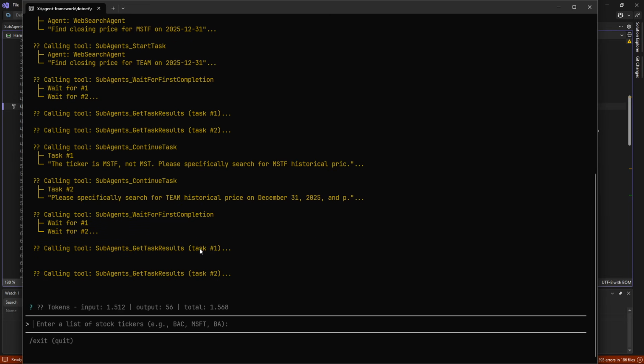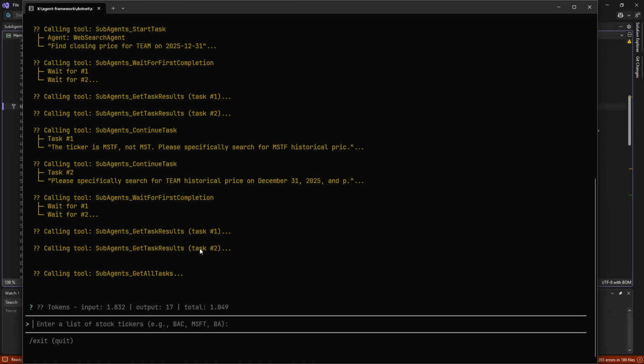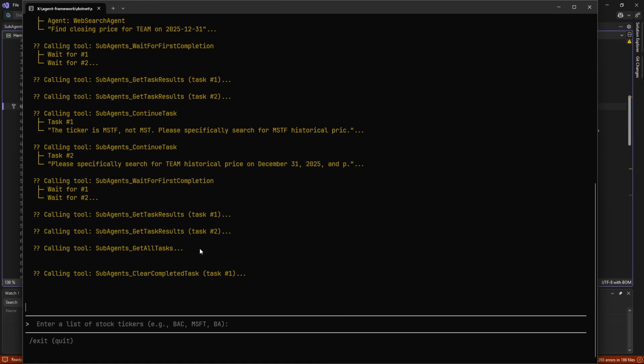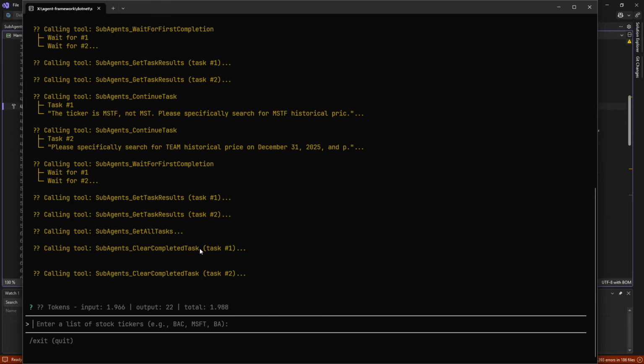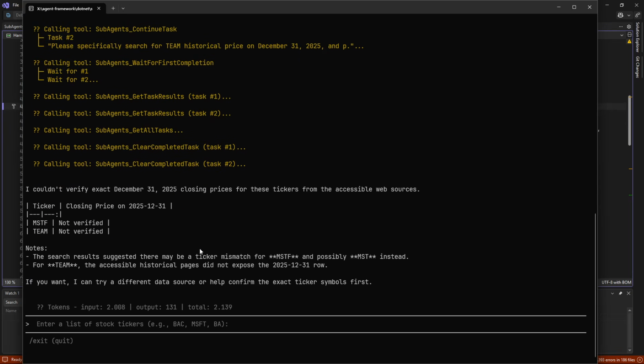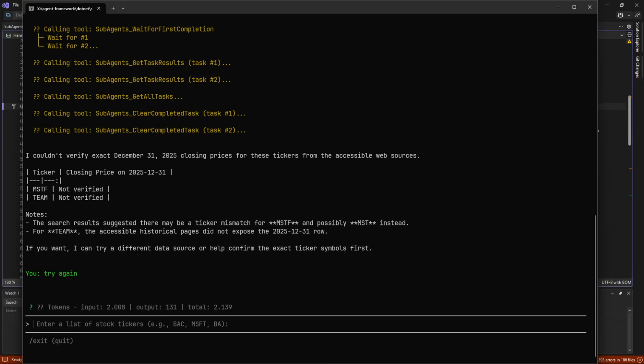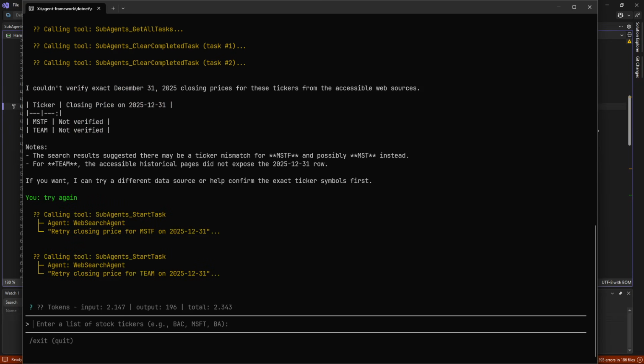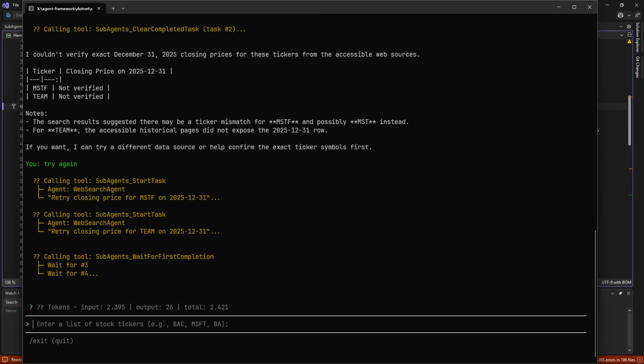So it's a big orchestration task. Those 4,000 lines of sample code. And yes, sometimes it just comes back and it couldn't do it. We can say try again, and sometimes it works. So it spins up two new sub-agents instead and tries to figure it out.